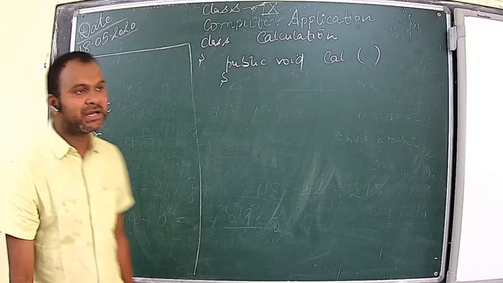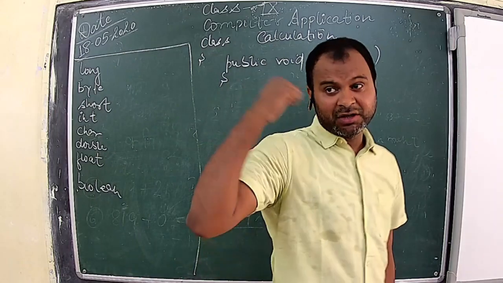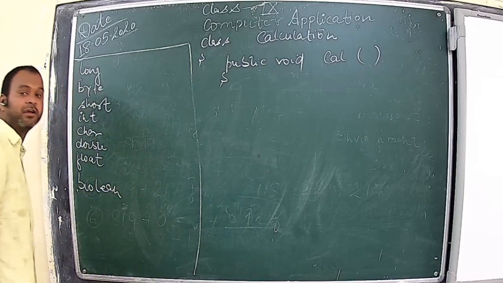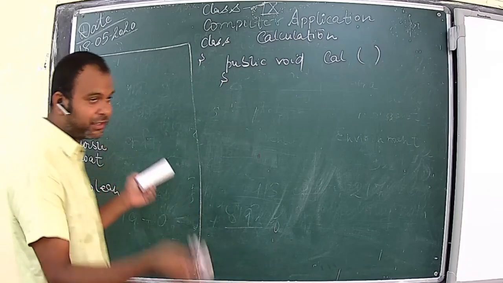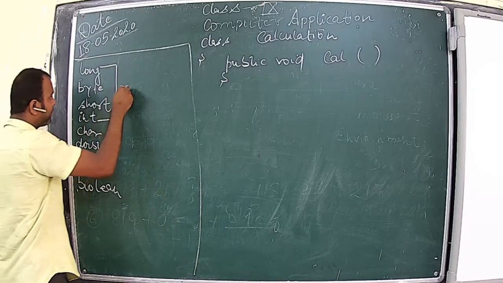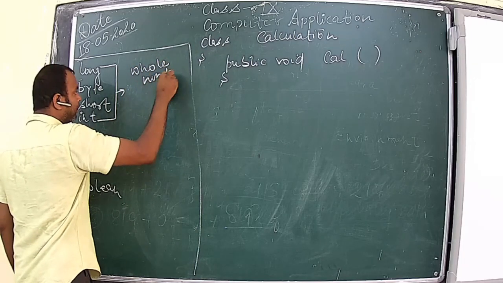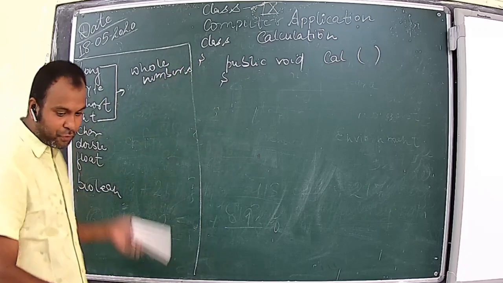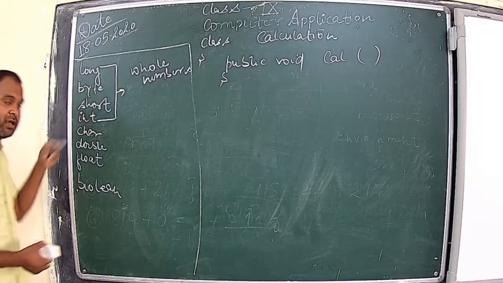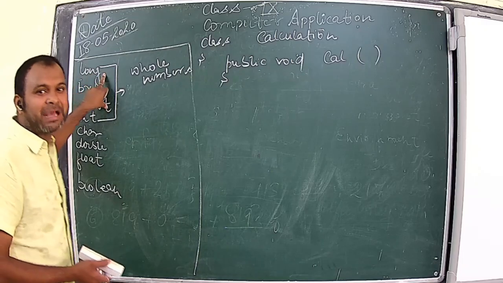So 8 primitive data types are there, and they have different kinds of storage in the memory. Based on these data types, they occupy space in a different way. The ranges of storage capacity we will learn later on. First of all, we'll talk about the basic ones. The first four are used for whole numbers. I am not telling you the difference between all these now; later on we'll discuss, because there are lots of differences based on their storage capacity and range.